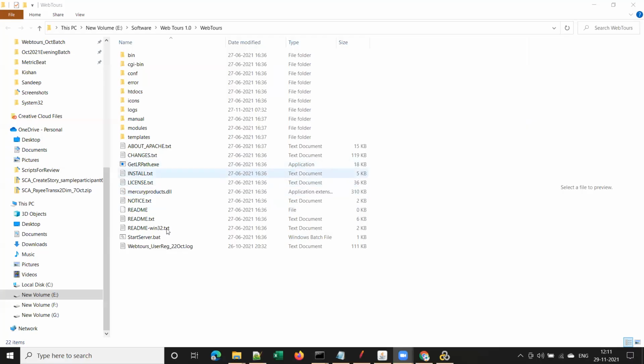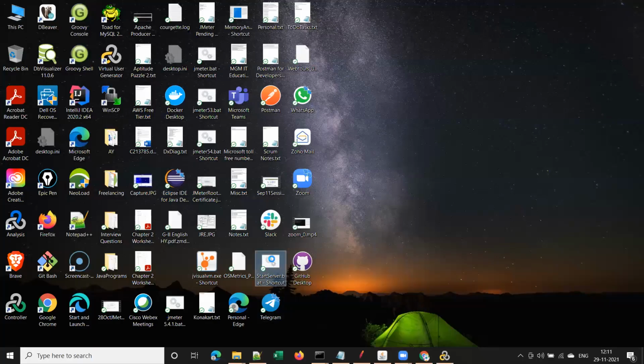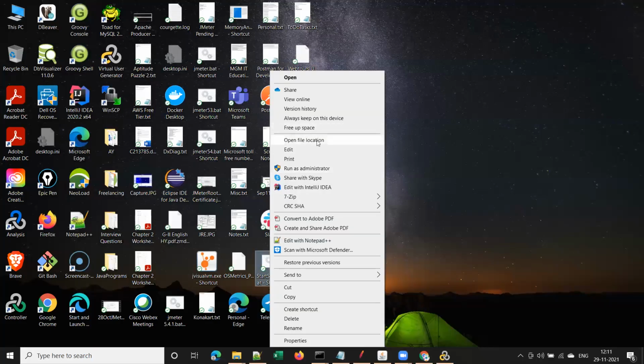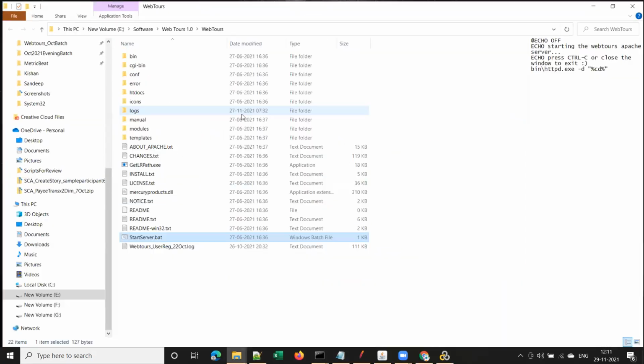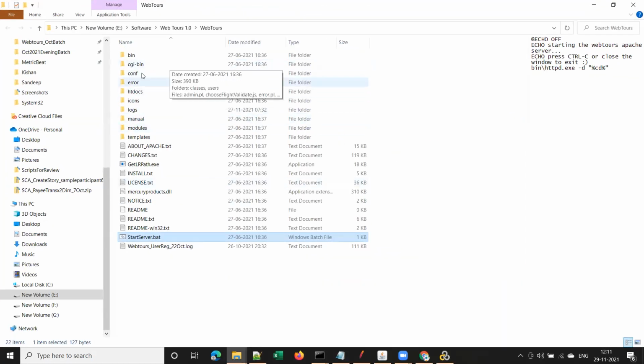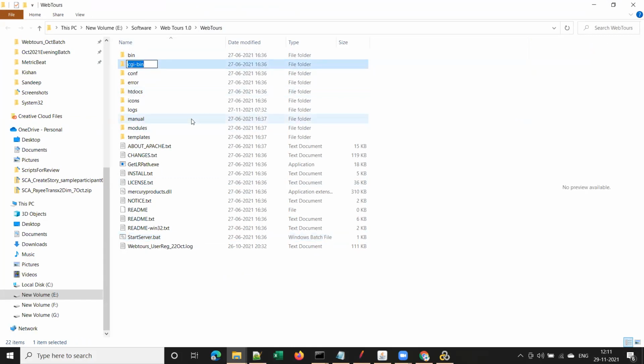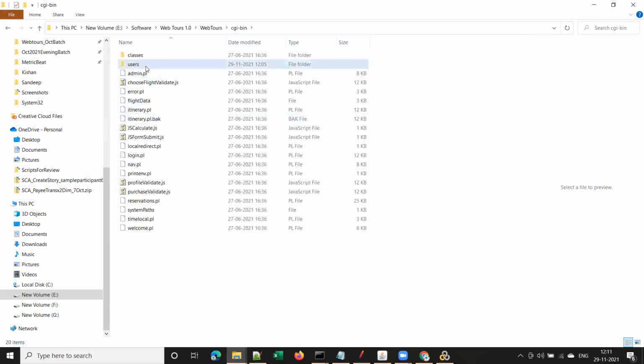Fine, let me share my screen and show you. So I registered one user just now, right? I used this shortcut and went to that folder by using this Open file location. Whenever you register some users, you can see that username in this folder: go to CGI bin and users.